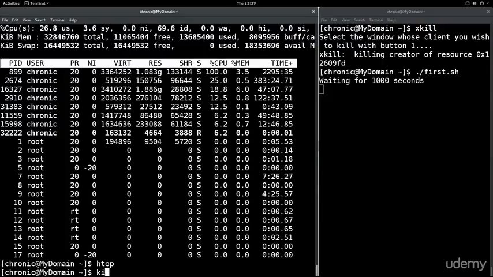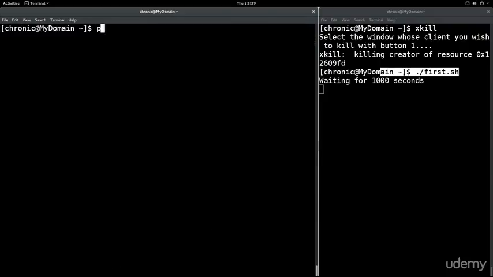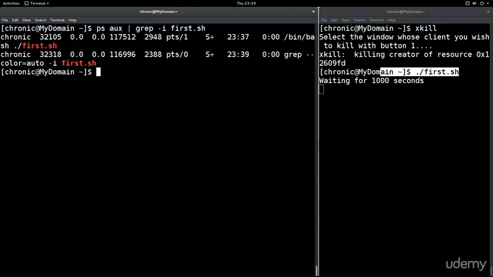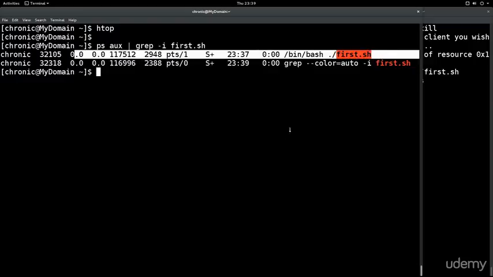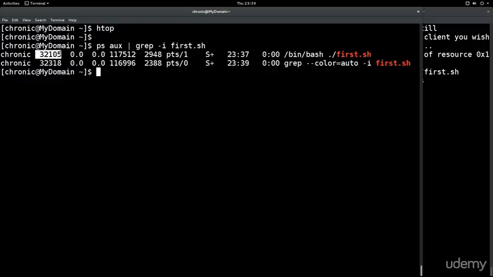Anyway, if I type in kill and then the PID, I will terminate a process. As you can see, this one is still running. How do I find it? Well, I can type in ps aux, grep -i first.sh. There are two outputs. One is the display of the actual grep command, and the other one is the output of ps aux, which is here. And I can actually see that the PID is 32105, and if I type in kill